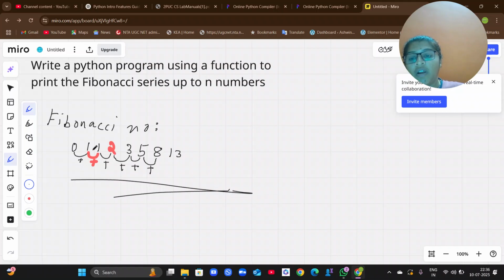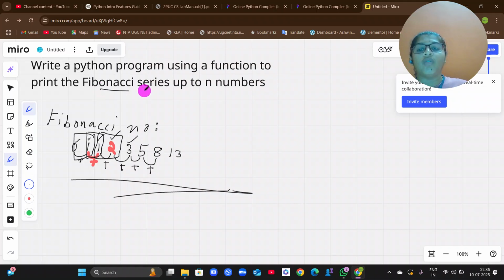Also, you need to remember the first part of your program. That is, first you need to initialize 0 and 1 in your program. Okay, that is the first step. Second step is, you're going to add these two numbers and you're going to get a new number. Again, when you do the next series, you're going to add the previous two numbers, and you get a new output. Again, you add the previous two numbers and get a new value. So this adding of previous two values is called Fibonacci numbers.